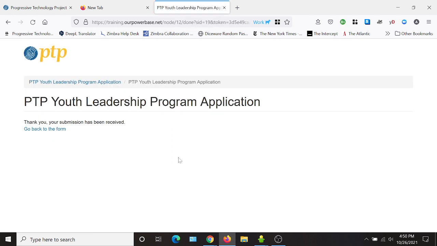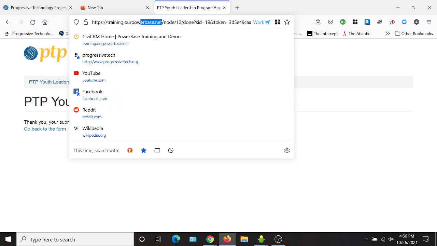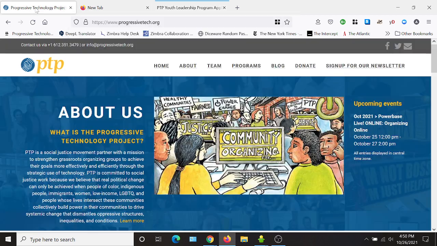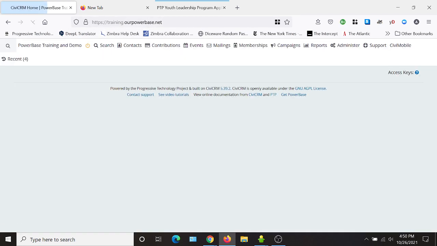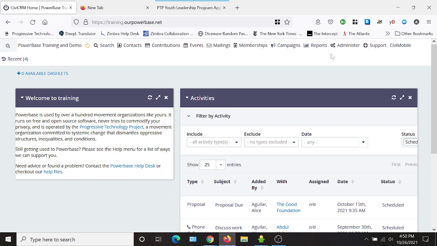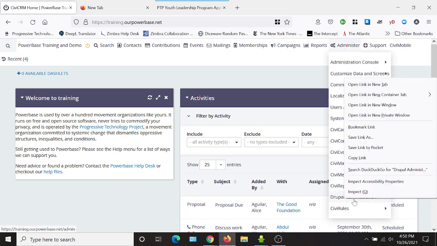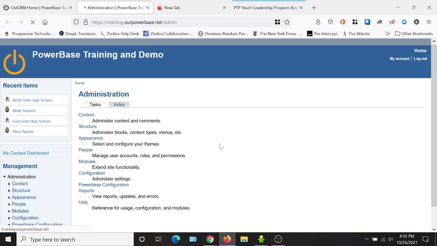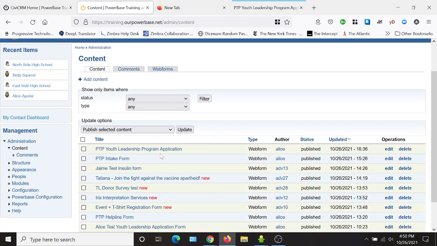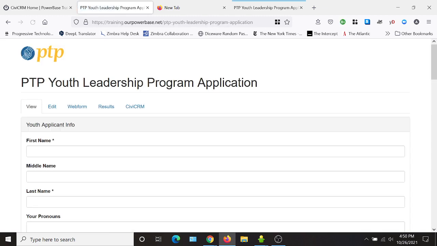You can always add more information on the landing page. Right now, if you don't put anything in the landing page, you just get this. You can go back to the form, and I can show you what that looks like. So let's go back to the database. And first, I'm going to go back to the web form just to show you quickly. If I go to content, I'm going to go to the program application just to show you about that landing page where I may not have mentioned. Under web form